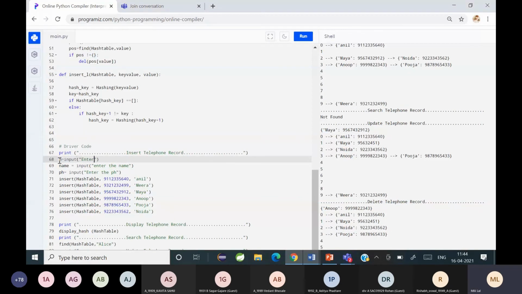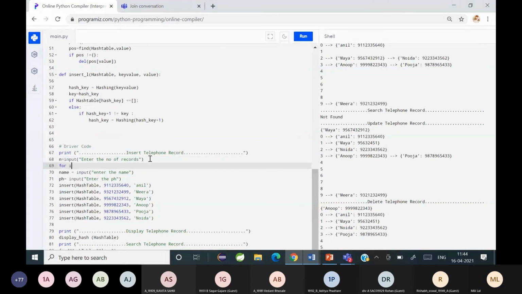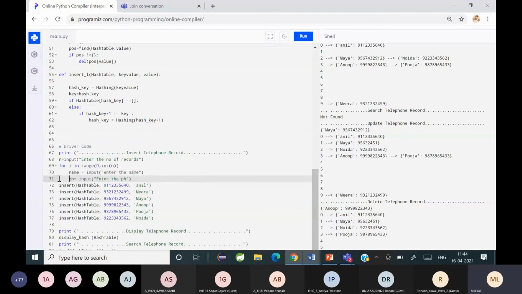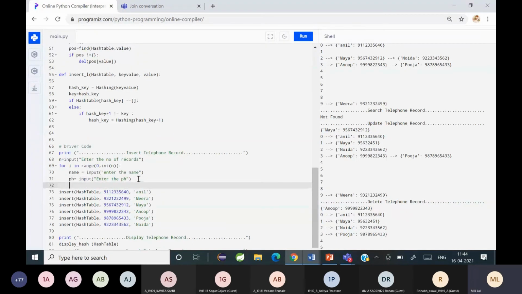enter the number of records. Then you can write for i in range 0 comma int of n, of course I have to convert n. Then you insert these statements in the for loop and call the insert function inside the for loop.